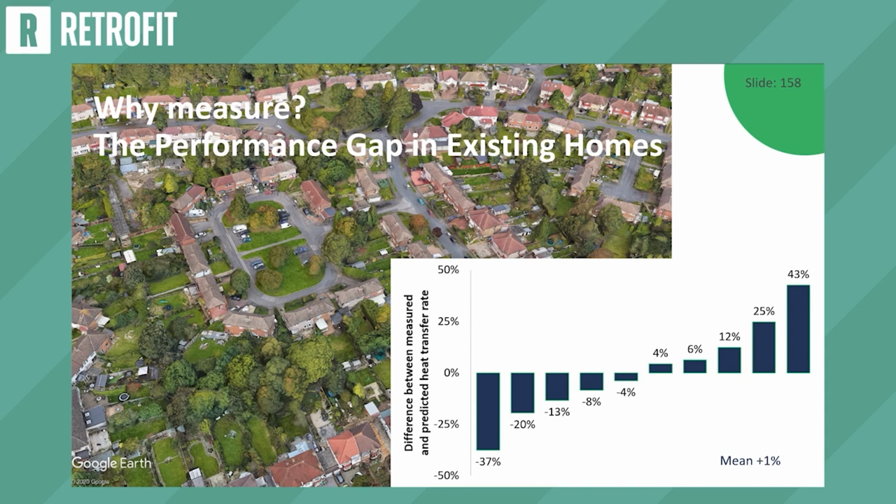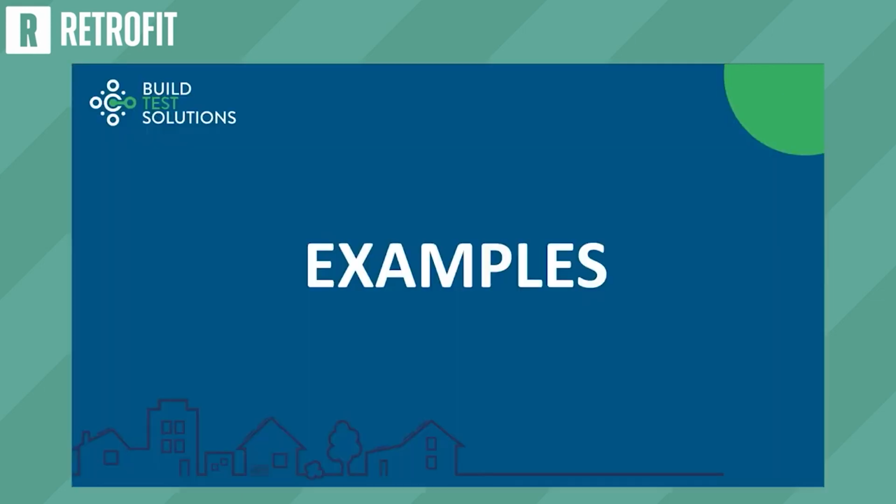So what would be the right thing to do with each of those houses? On average, our survey was actually really good. We were only 1% off on average, but specifically each house varied. So the house on the left probably needs something different done to it to the house on the right. So the measurements allow you to think a bit more detailed about what I'm going to do with this particular building. What's the right heating system? Should I be looking at fabric first? That's why we're doing it.